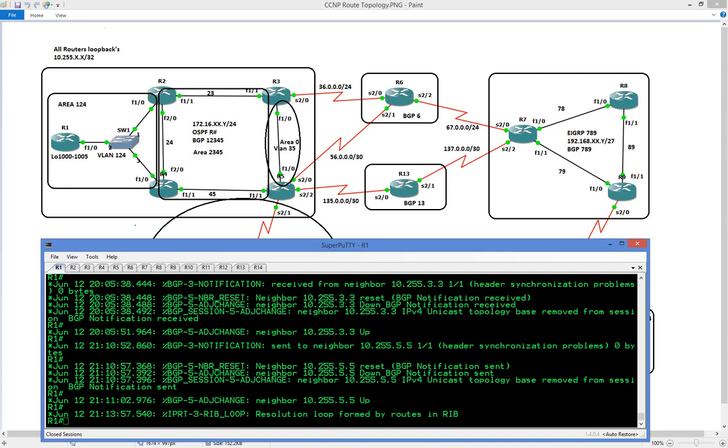How's it going, everybody? In this video, we're going to take a look at locally originated routes from the perspective of using the network statement and the redistribution statement, and then we're going to take a look at AS path prepending. And the reason I chose to throw in locally originated routes is because of the fact that when you